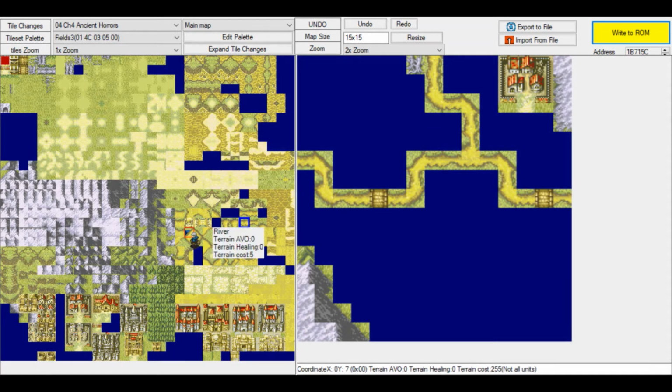What we want to do now is, let me quickly fix something. What we want to do now is, that doesn't look good. We want to not only finish this mountain, but we also wanted to expand the tile changes. So to expand tile changes...